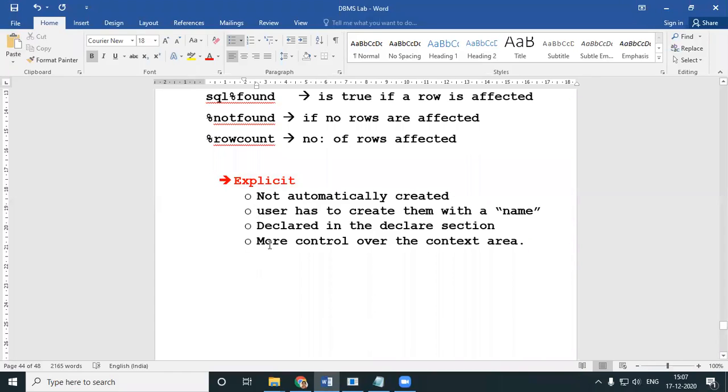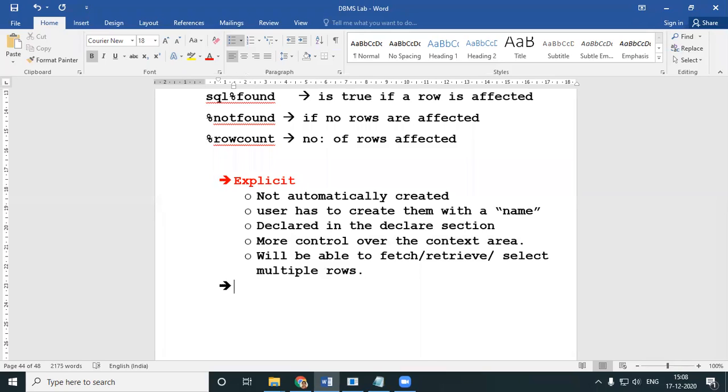And because these explicit cursors have more control over the context area, you will be able to fetch or retrieve, or in simple terms, select multiple rows. This is the biggest advantage of explicit cursors. You will be able to fetch multiple rows.